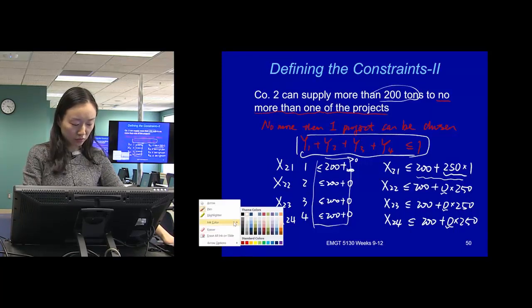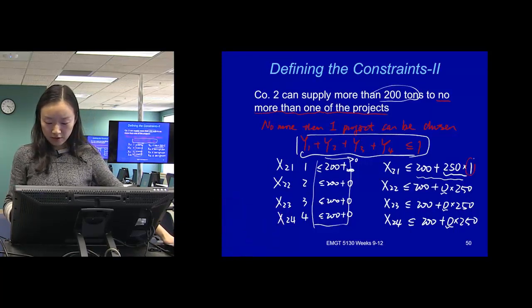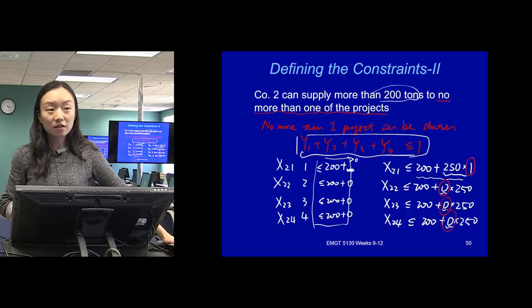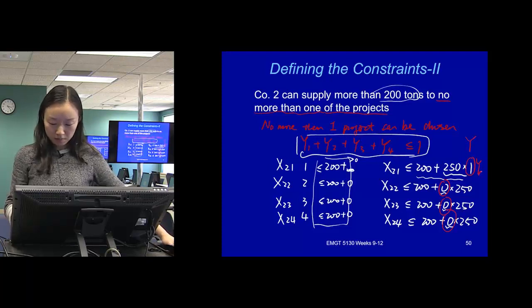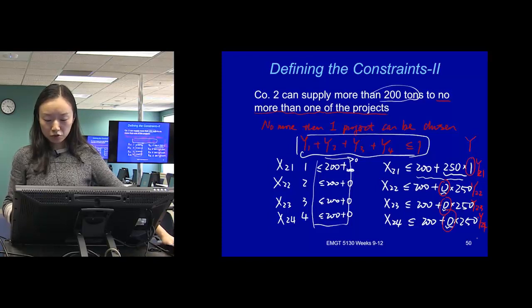Okay, now you know what to do. What are these values? Those are the y's, right? 0, 1, 0, 1, right? It's a binary, so we use the y. So here, we do a y21, y22, y23, and y24. And we make sure only one of them will be 1, the other will be 0 by